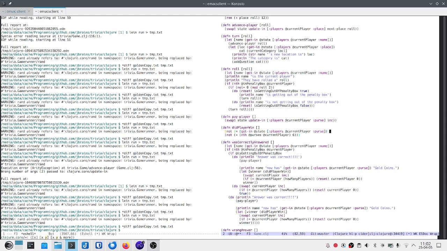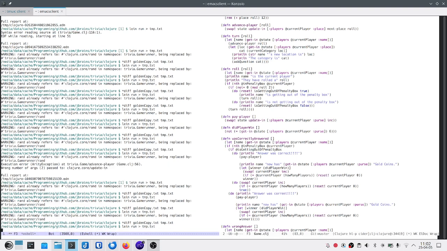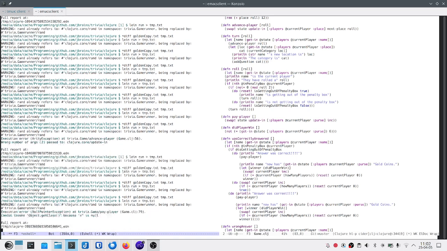not equal 6. Yes. Let's see if I got this right, or if I managed to break something. No, I broke something. What this usually means is that I've missed out, I can't see the problem at the moment. Purse.